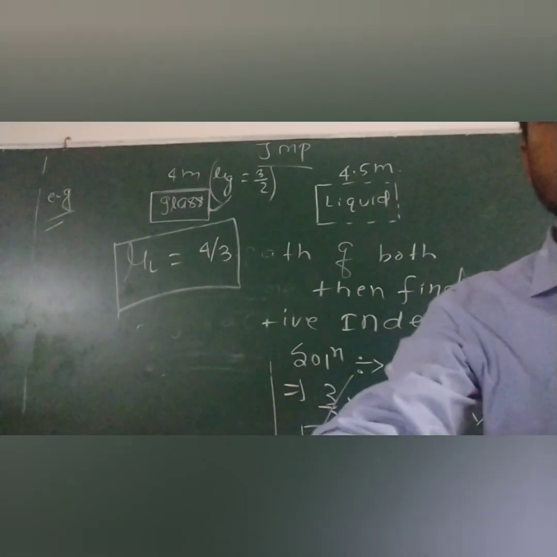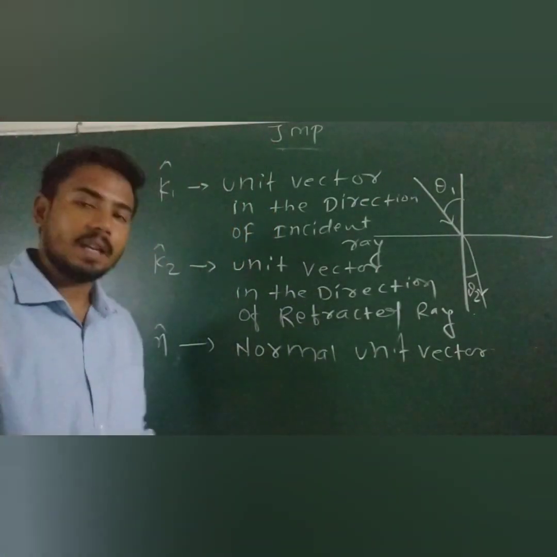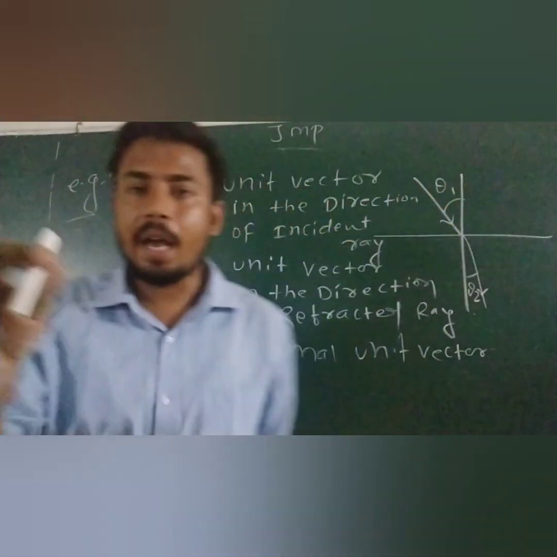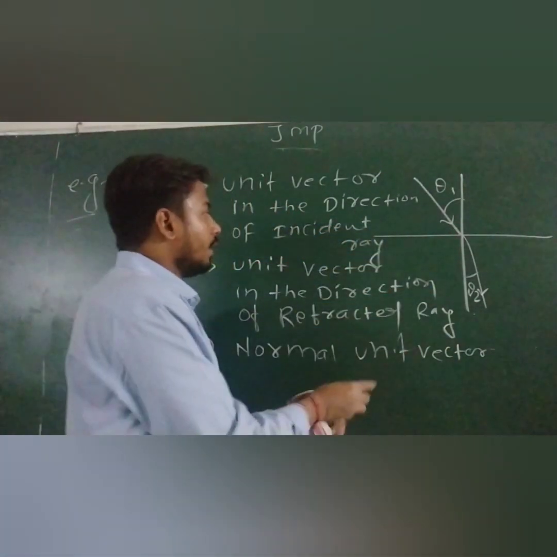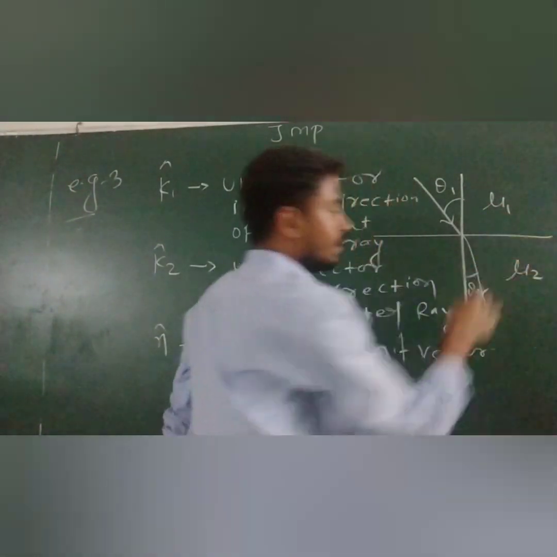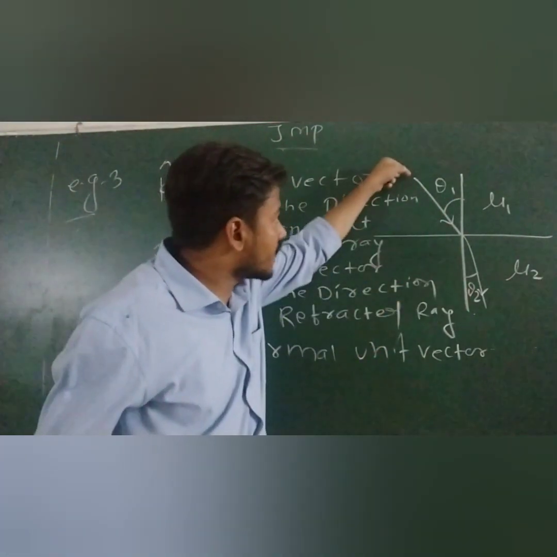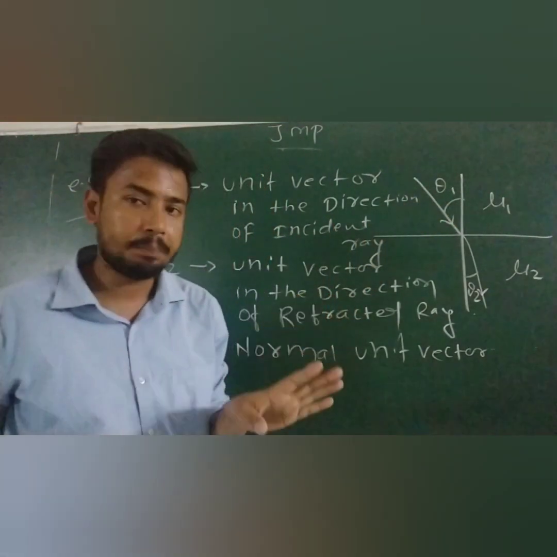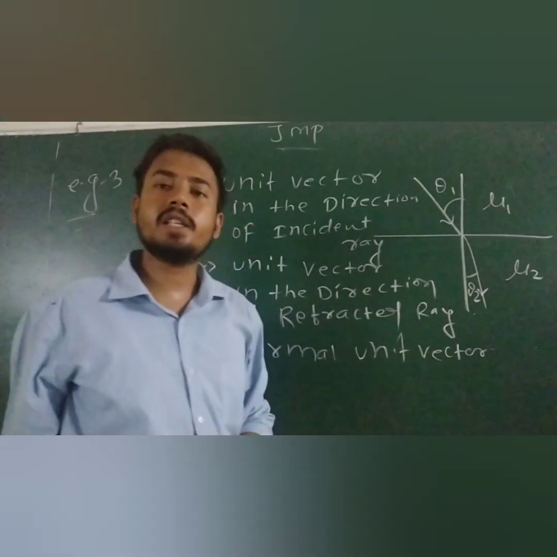So just see the next question. We have the third question of refraction. Everybody, please look here. This is one medium and the refractive index of this medium is mu1. The refractive index of this medium is mu2. Here is one normal, and one light is coming at an angle of θ1 degree. It means the angle of incidence becomes θ1. This light is refracted at an angle θ2 degree.